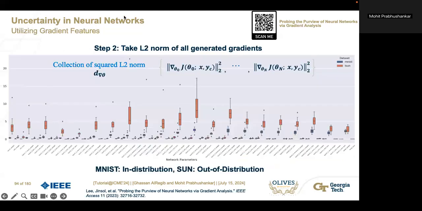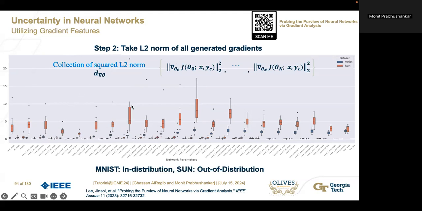So instead of just putting it into the network, at this stage I just want to show you what the aggregate of gradients looks like. Let's say this is for a VGG16 architecture, which has a large number of layers. There's convolution, there's batch norm, there is some kind of max pooling. Across all these layers, there are gradients for the learnable parameters, not for the max pooling. For all the other layers there are learnable parameters, and you'll get gradients for all those parameters. And if you take the energy of these gradients, which is nothing more than a collection of squared L2 norms,